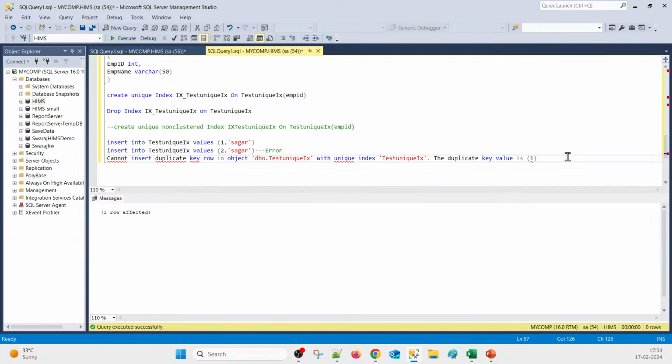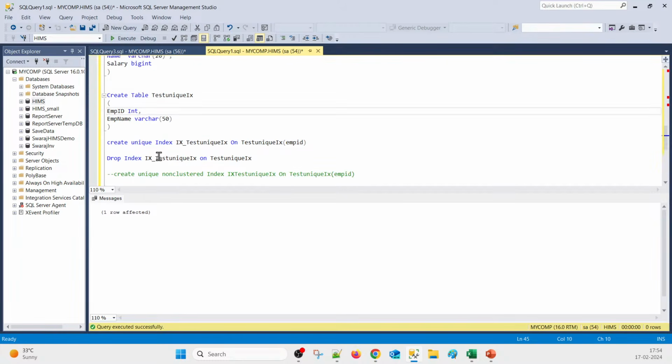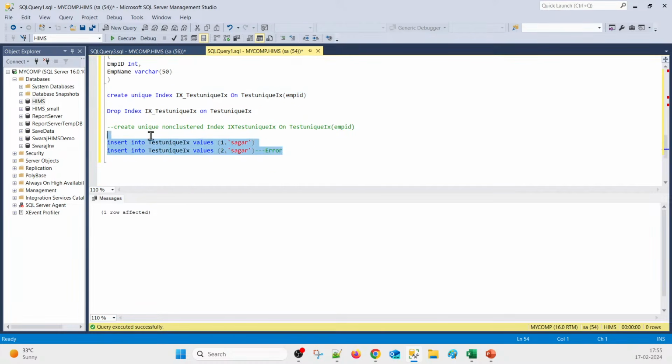Okay, because we made this emp id unique, that's why it is unique. Either you can enforce the unique keyword here, or you can create the unique index here. Both are possible, meaning you can maintain the uniqueness of the column. Okay, and the next thing is